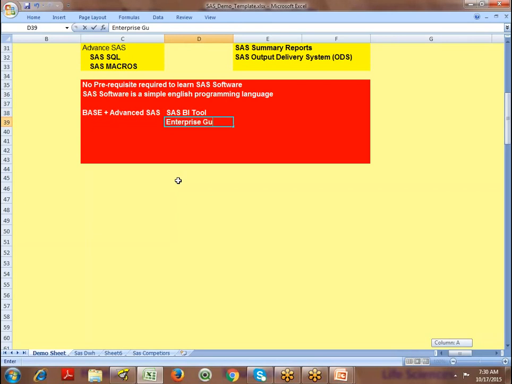Now whatever you have done in base SAS plus advanced, you have written the program. In the SAS business intelligence tool Enterprise Guide, what you're going to do is drag and drop, which is a graphical user interface, and the system generates the program for you. So this is what the SAS business intelligence tool is.